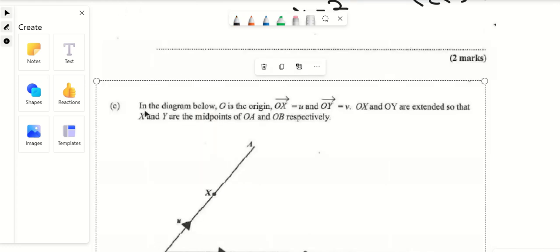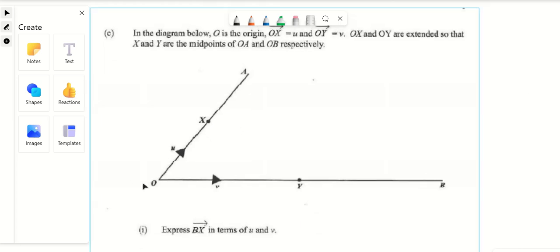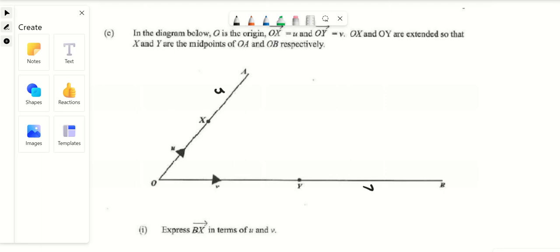Okay, so this question says, in a diagram below, O is origin, OX is equals to U, OY is equals to V. OX and OY extended so that X and Y are midpoints of OA and OB, respectively. That just means that if Y is the midpoint of OB, that means that OY and YB are the same. So that means this is V, they're going in the same direction. Same thing for this, X is a midpoint of OA, that means that OX and XA are the same, which is U. Right? Then they said,